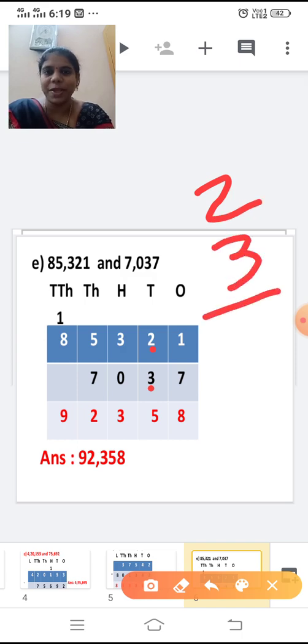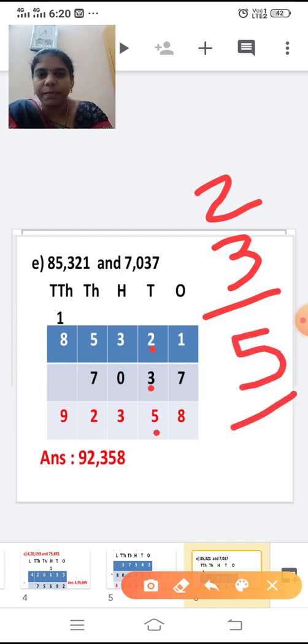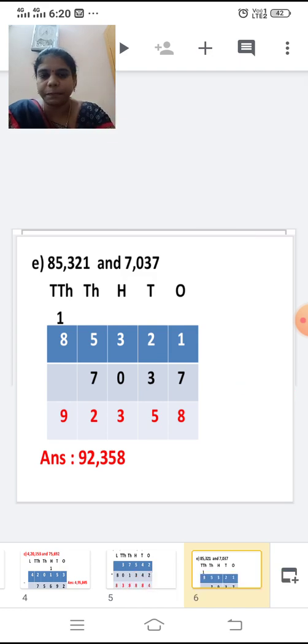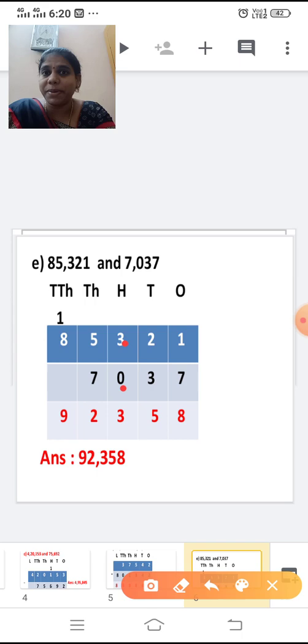2 plus 3. Keep 2 in the mind, 3 in the finger. After 2, I am going to add 3 numbers, right? After 2, 3, 4, 5. So the answer is 5. So write it below the tens place. Then move on to the hundreds place now. 3 plus 0. If you add 0 to any number, the answer will be the same. 3 plus 0 is 3. So write 3 below the hundreds place.